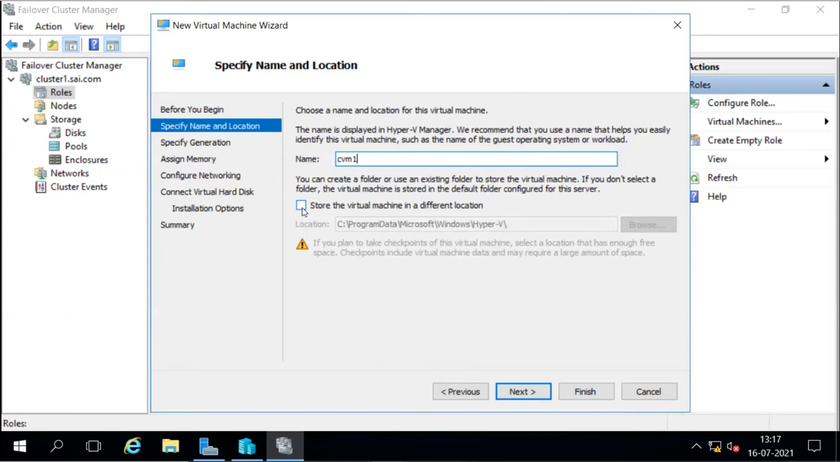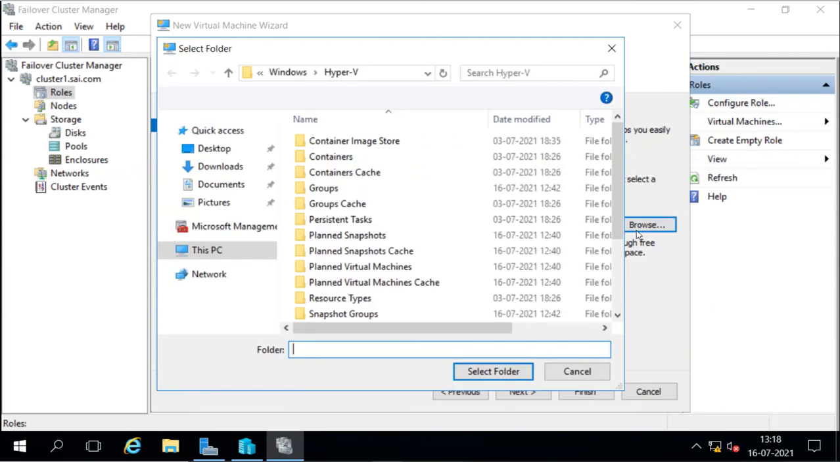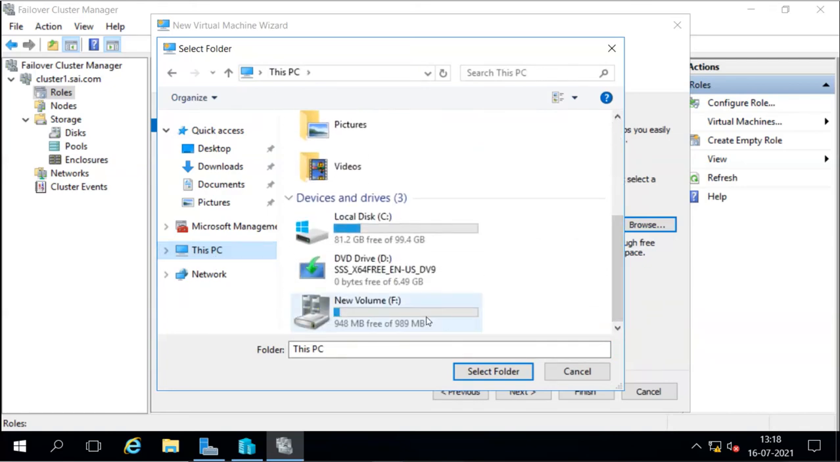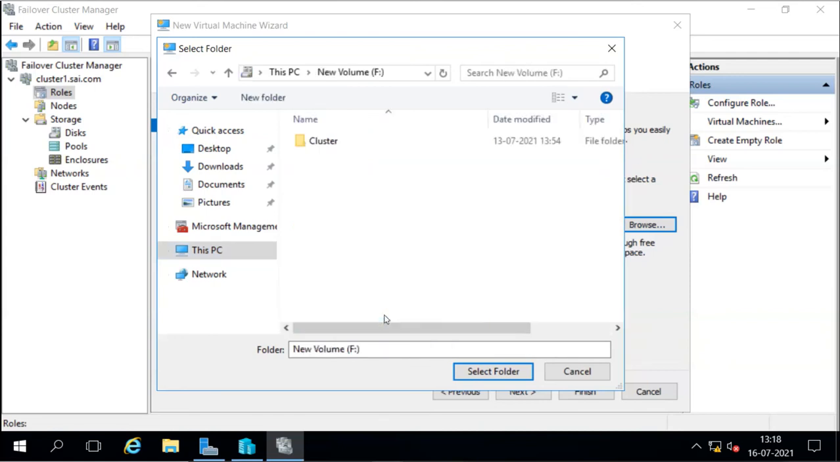otherwise this machine will not become highly available. So I will choose to select a different path here, and then I will browse and choose a drive which is our shared storage. So where is our shared storage? So this is our shared storage. Remember to choose the shared storage which we have configured as a cluster shared storage. So I will choose this,